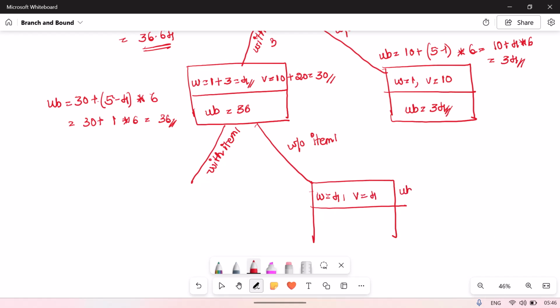So upper bound is, value is not 4, value is 30. So upper bound is 30 plus 5 minus 4 times